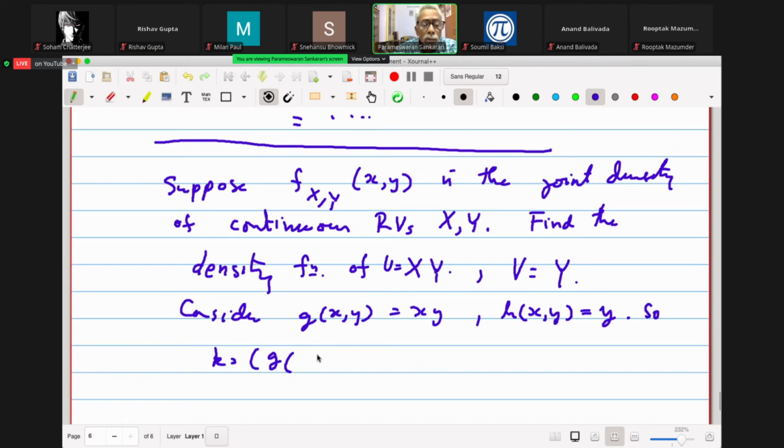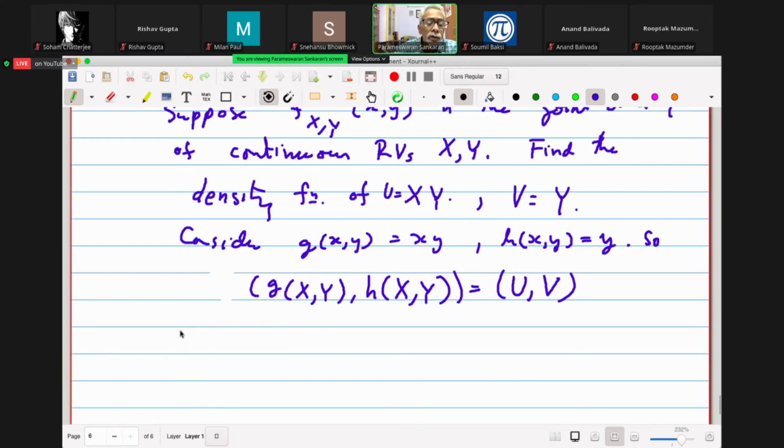g of x comma y. Let me remove this k, it could be confusing. Just a pair of random variables, and g of x comma y is the random variable that you need, u. comma v. One of them is what you need. V is something that you artificially introduced, but it's most convenient because you can express